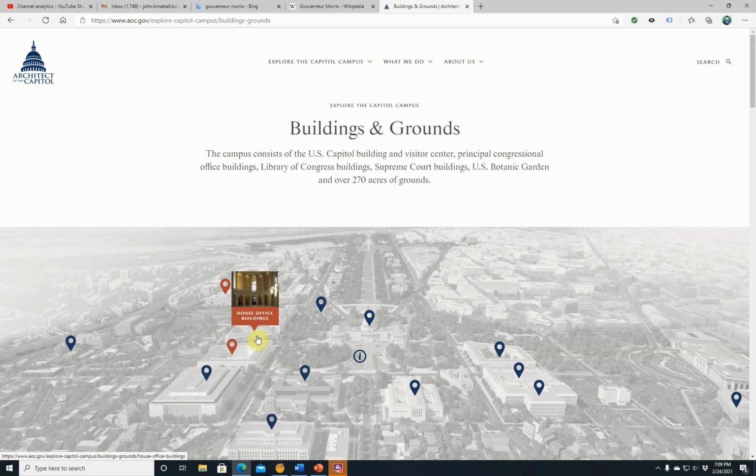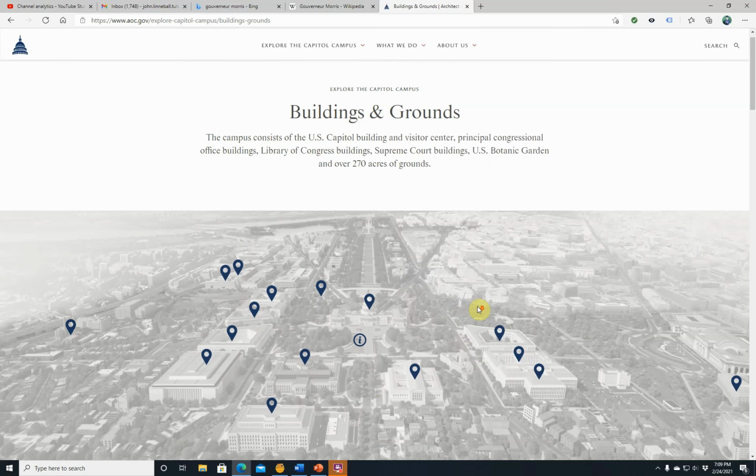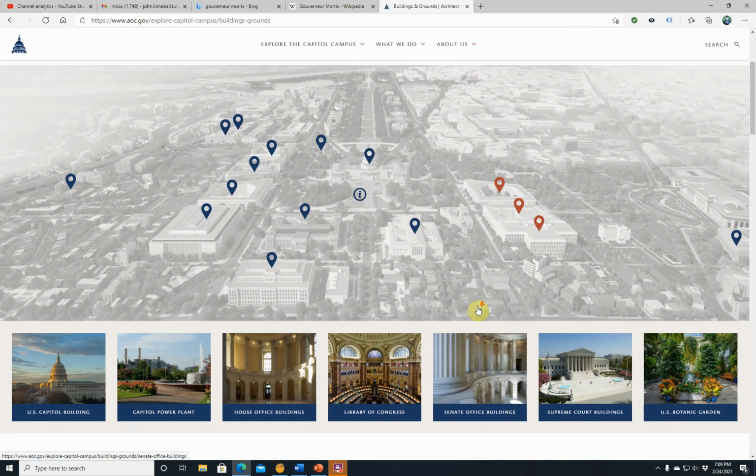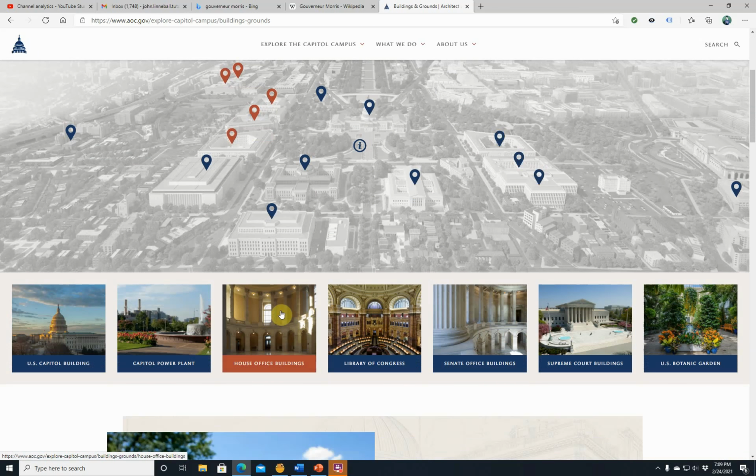So you can see a lot of not little edifices here, buildings. They're all kind of built in that style. And if we look at things, the House office buildings, lots of columns, rotundas, things that are under great big domes. And the Supreme Court building, again, more Greek inspired, kind of got the triangular roof and the